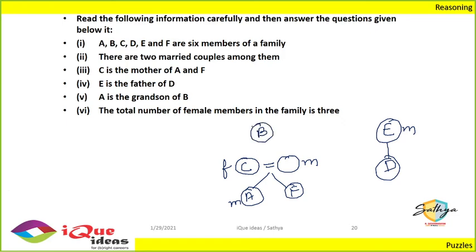Right? That means I've got my 3 generations. B has to be married to somebody. Right? Only then we have 2 married couples. So ED, they will perfectly fit in here. E and D. And we know E is the father of D. If E is a male, then B is a female. And total there are 3 females. So the third female has to be F. Did we understand this entire tree now?